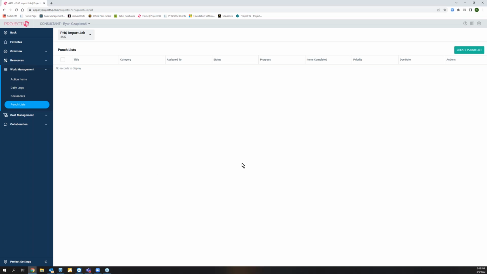So my example here is going to be, I'm going to try to keep it simple so I think everyone can get their heads around this regardless of what trade you are. I refinished a room, so I'm going to have a punch list for the ceilings, another one for the walls, and another one for the doors and windows. So if we go to create a punch list here,